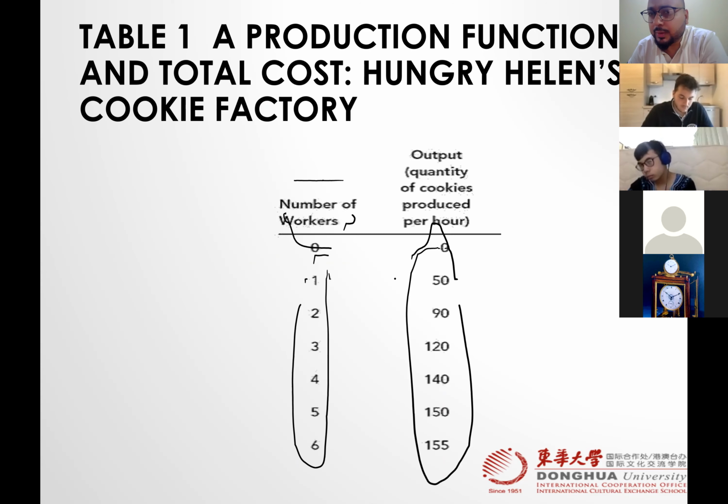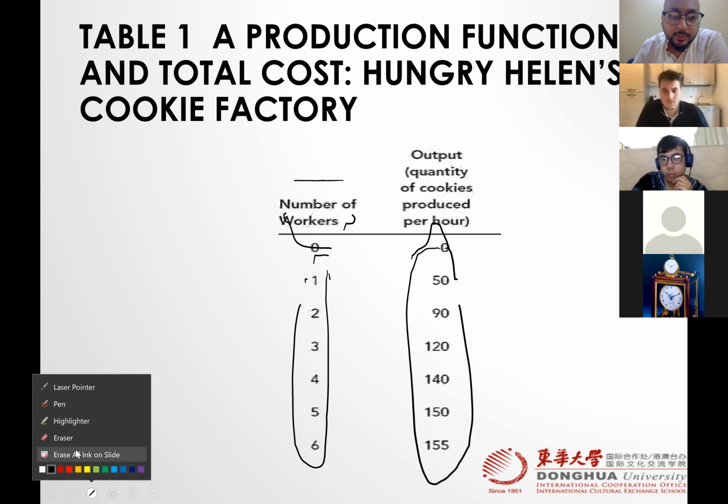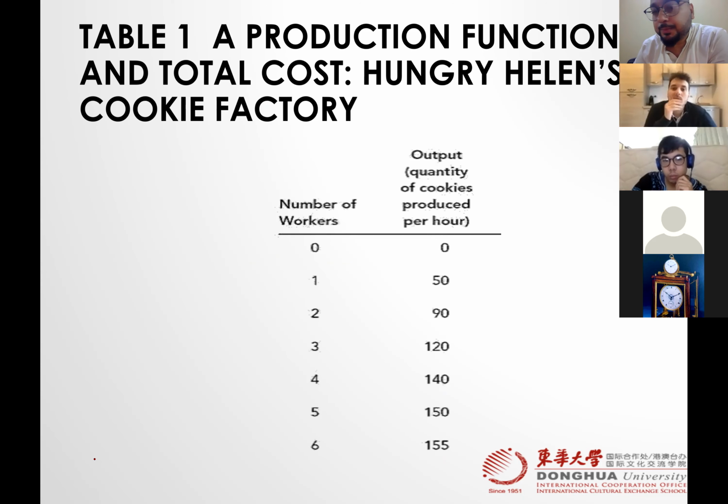So what did you notice here? This table shows two columns, one column belongs to input, the other belongs to output. Right? So what you see here, if no worker, no